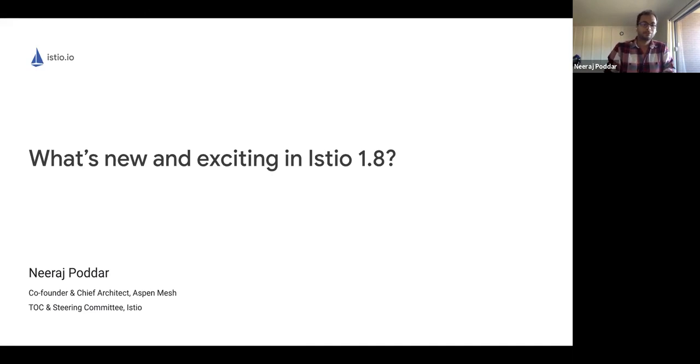So before we go into it, I want to make sure everyone is aware of the 1.8 status. The Istio community is working really hard to get 1.8 out today. Probably it will be out while I'm presenting because I know some of the folks are working on it. We had to make sure we've addressed some of the last blocking quality issues, and that's what caused a few days delay in the release. With that, I'll get started on what's new in Istio 1.8.